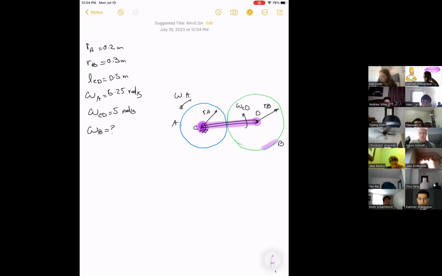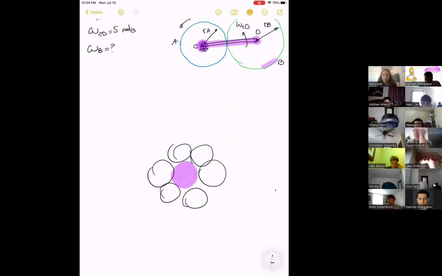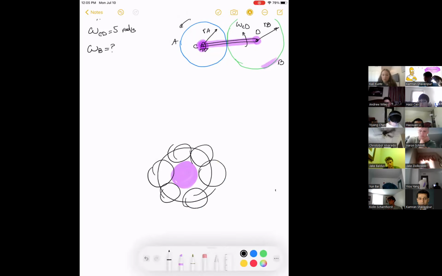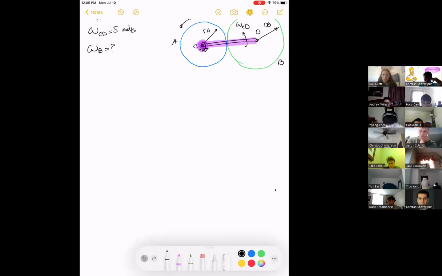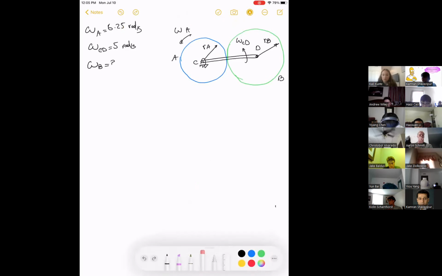Is it fixed? Oh no. Technically, if this is A, B is here, it's going to go here and here and here and here. So that's why we call it planetary. It rolls around. A looks like the sun and B looks like a planet going around it. So it has general motion. It rotates and translates. I think it's important to understand what kind of motion each object or link has, so we can